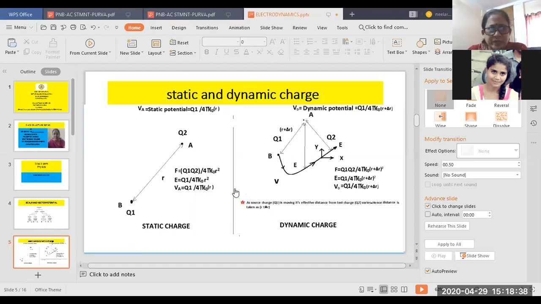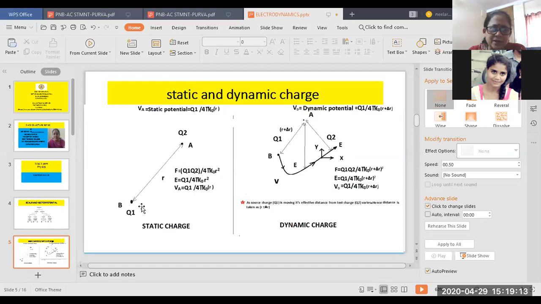So just now we have heard about static potential and dynamic potential. V is the standard notation for the static potential. So I am using here V subscript A for the static potential, and I am writing the dynamic potential as U subscript D. Here the potential definition is, there are two charges. This is the source charge, this is the test charge. The source charge is constant, it is not moving. The test charge is moving.